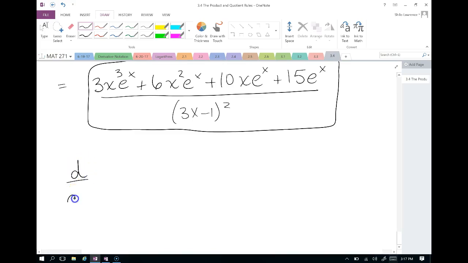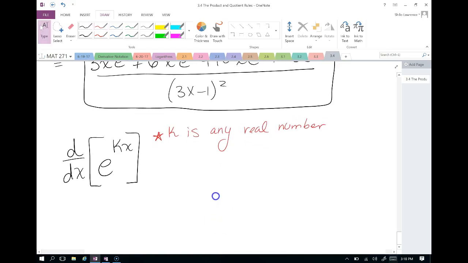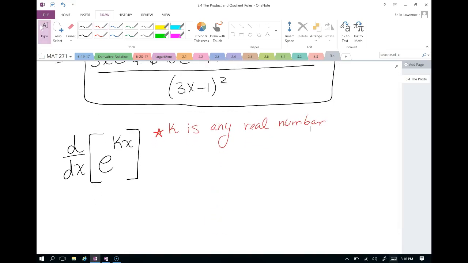So the derivative for e to the kx. So k is just a number. Any real number. And we're never going to deal with complex numbers in calculus class. So it could be a decimal, it can be a fraction, it can be a positive, it can be a negative, it could be anything. So we've already talked about the derivative for e to the x is e to the x, but if they decide to throw a coefficient up there on your x,